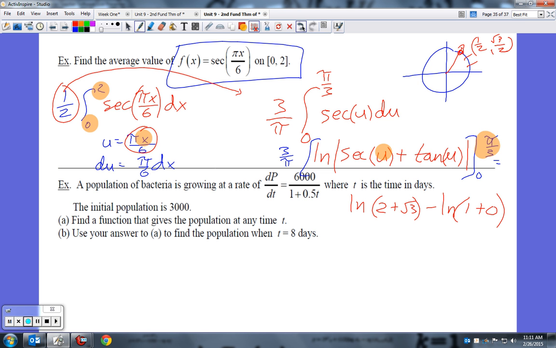So this is basically multiplied all with 3 over pi. Don't forget that parentheses or you'll only multiply that 3 over pi by the first piece. But it doesn't matter because the second piece is what? What's the natural log of 1? 0. So my final answer yields 3 over pi natural log of 2 plus root 3,